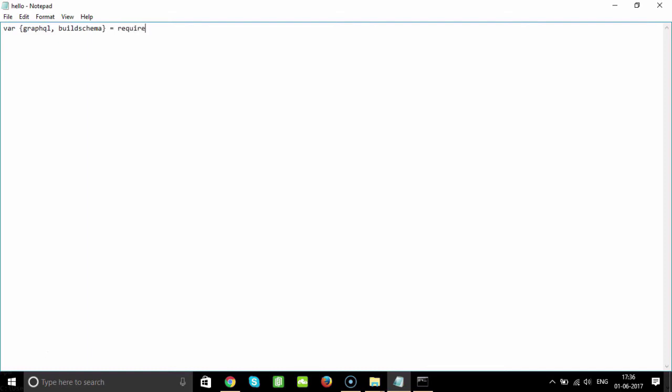So require('graphql'), and then close this. Next is the variable schema equal to buildSchema,